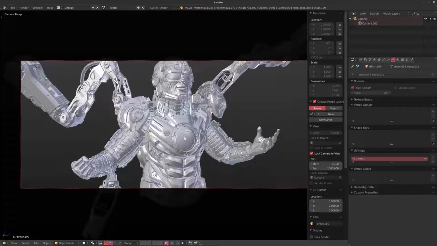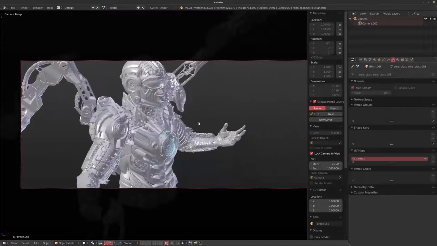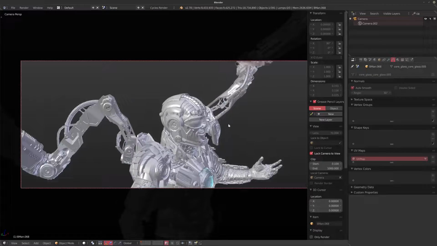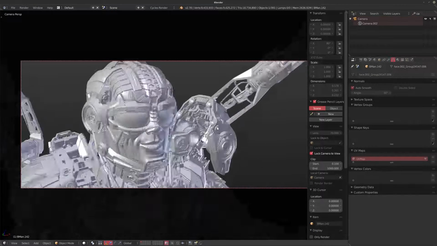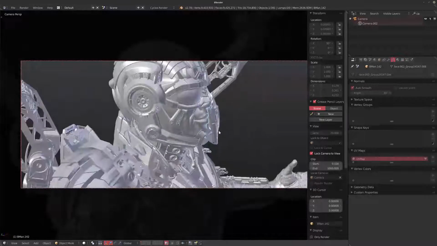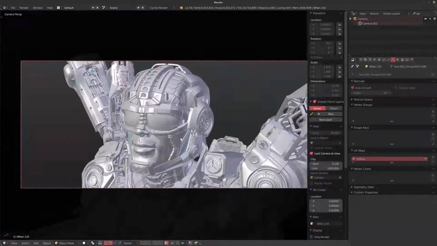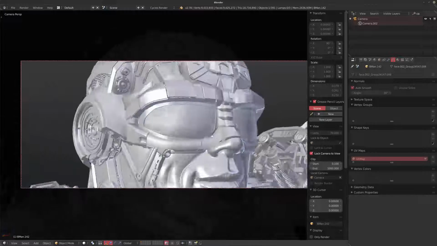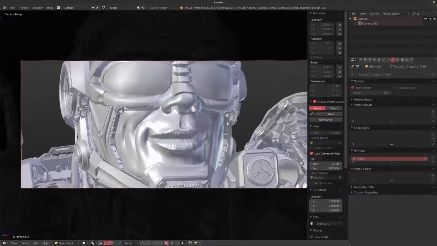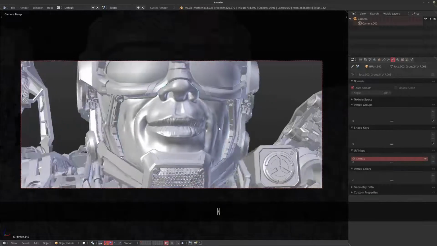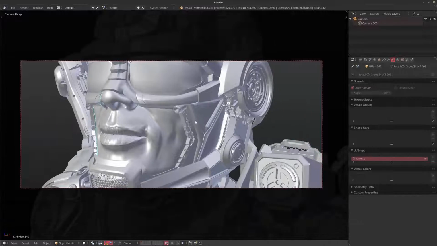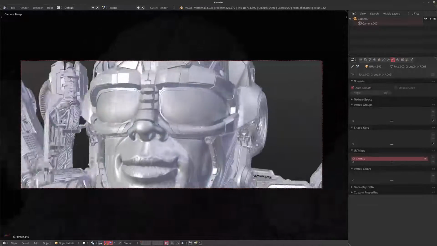So in my case, I've got my rotation set to rotate around my selected object. I actually say, okay, I really want to focus on his face here. I'm going to select his face and I can move the camera around like this. That way I can bring in the shot and really have a nice sort of looking shot and experiment with this and just kind of do whatever I want and try things out very quickly.